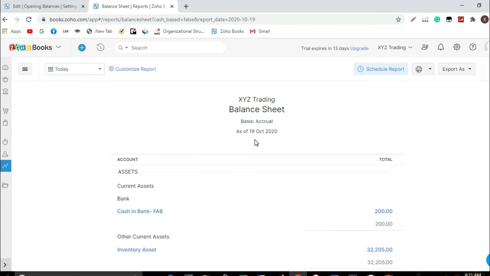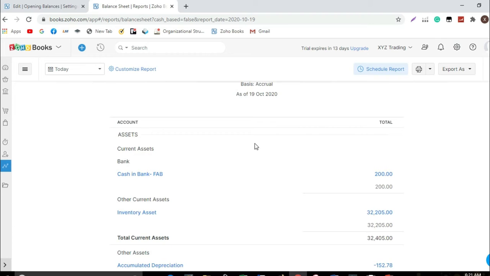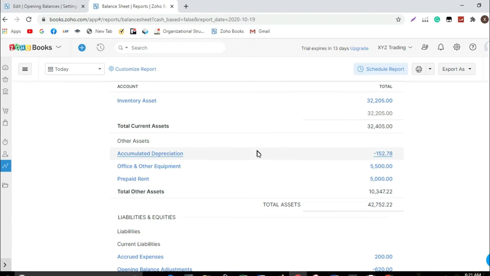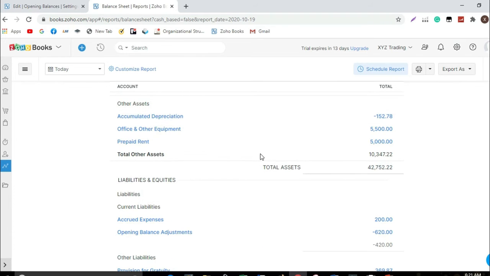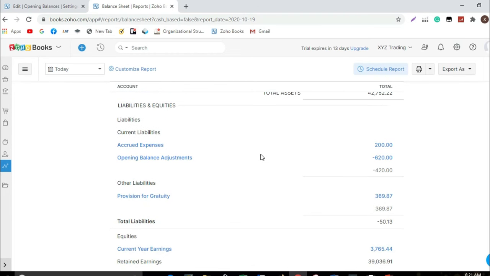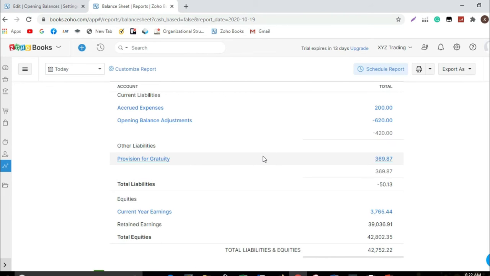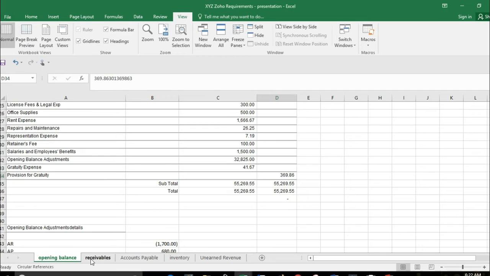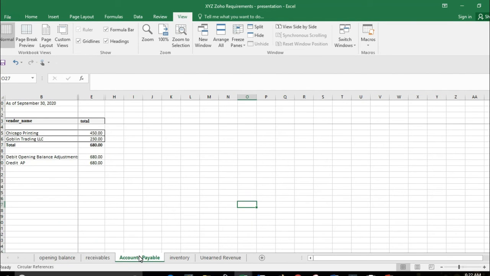So same with the profit and loss statement. Please review if all the account titles mentioned on your balance sheet are correct. So if you see, we have opening balance adjustments. This, guys, represents the supporting schedule of accounts receivable, accounts payable, and advances we receive from the customers.